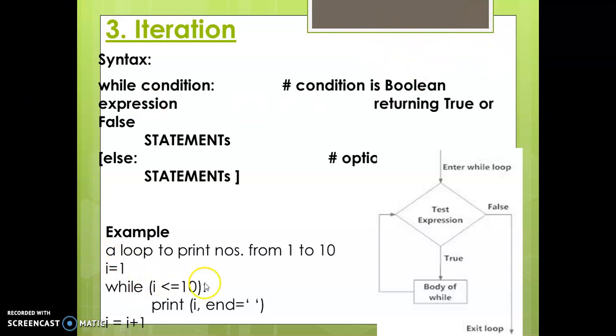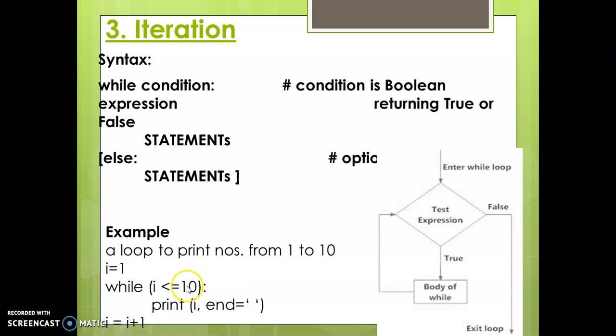See, once it will print 1. Now the loop will be repeated again. It will print 2. This part will be executed. What is I here? I is 1. It will work 10 times. See, this is the update part. I equal I plus 1 means already it is 1. Now I equal I plus 1: 1 equal 1 plus 1 becomes 2. Till 10 times it will repeat, and it will display the natural numbers 1 to 10.